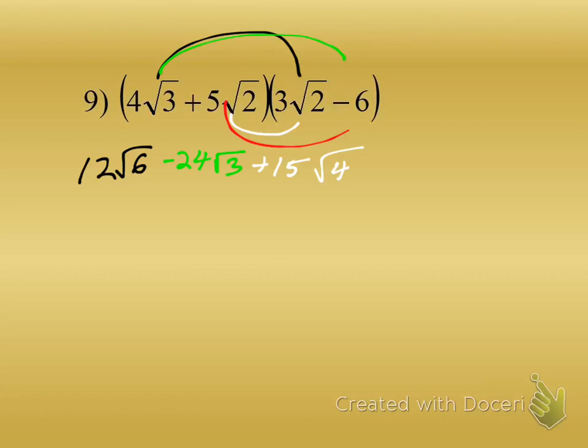And then the last one, same thing as it was over here, just multiply the numbers in front. 5 times negative 6, negative 30 square root of 2. Kind of looking like a roller coaster, didn't it? I didn't really write that straight, did I? Anywho,